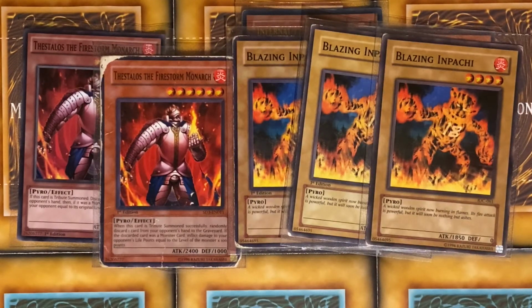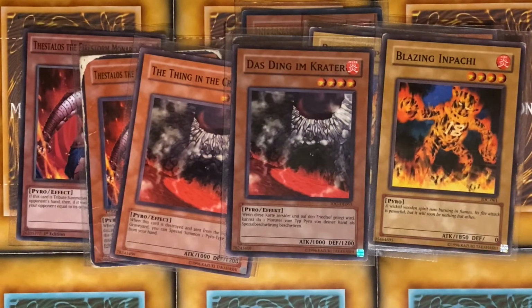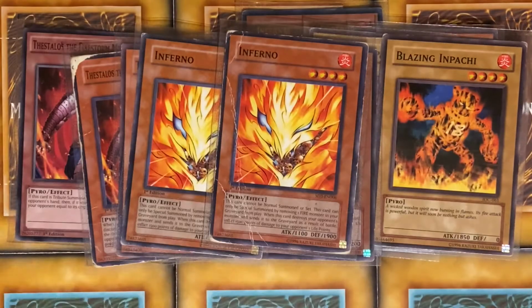Both Thestalos and Blazing Inpachi can be special summoned from the hand if the thing in the crater is destroyed by battle or card effect. I also play 2 copies of Inferno, who can special summon himself from the hand by banishing a fire monster in the graveyard, and when he destroys an opponent's monster by battle, he burns your opponent for a whopping 1500